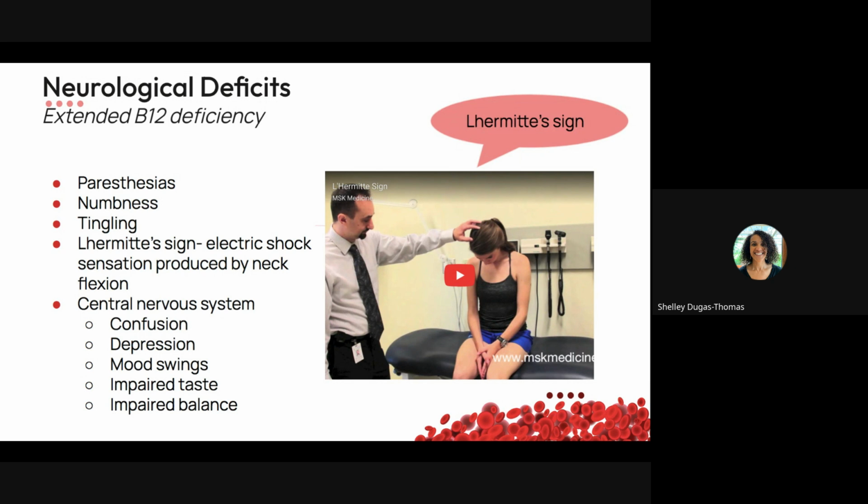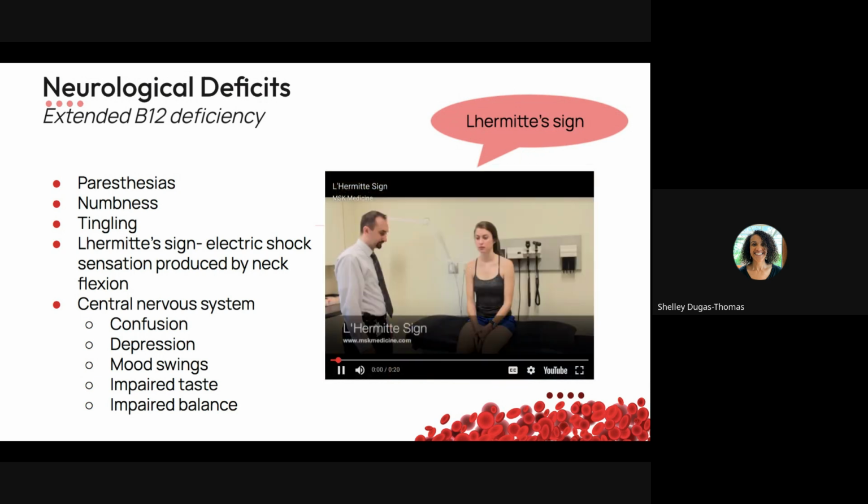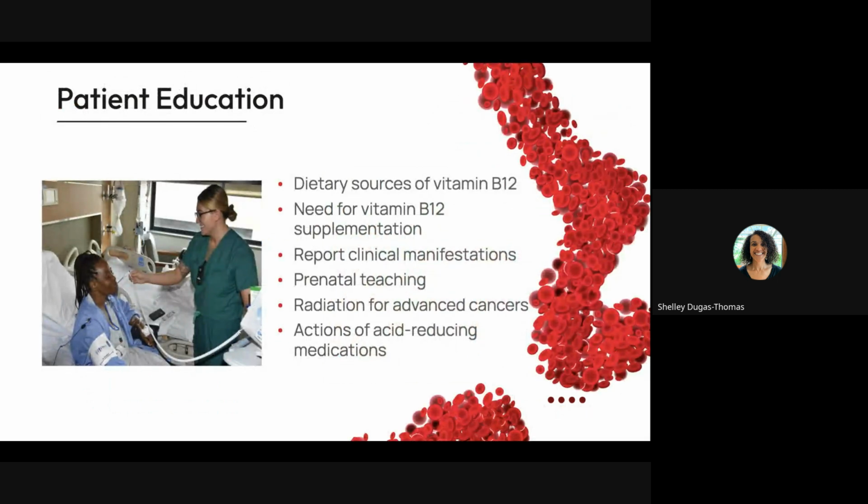The Lhermitte sign is a sudden electrical shock like sensation radiating down the spine or the limbs. The video will show you, you can watch it, and it's triggered by neck flexion. You can watch it on your own. Okay. So, when teaching the patient with B12 deficiency, you want to emphasize the need for vitamin B12